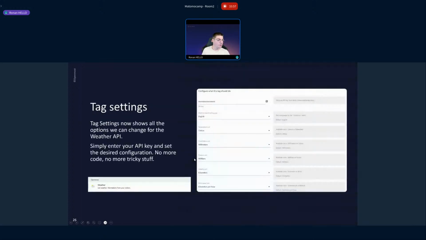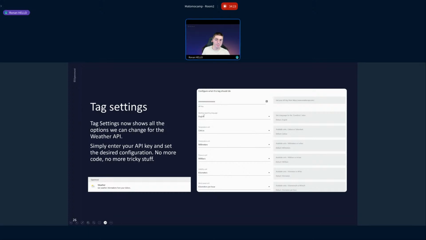With that working, you just have to go to your Tag Manager backend and create a brand new tag. The new tag will appear as a weather tag within the OpenMOS category. By hitting that button, you will enter the tag configuration. And as you can see, you have a clear UI where you just have to provide a weather API key.